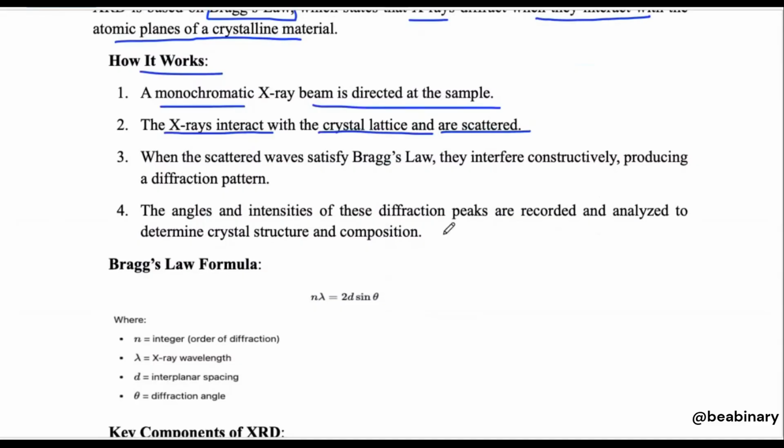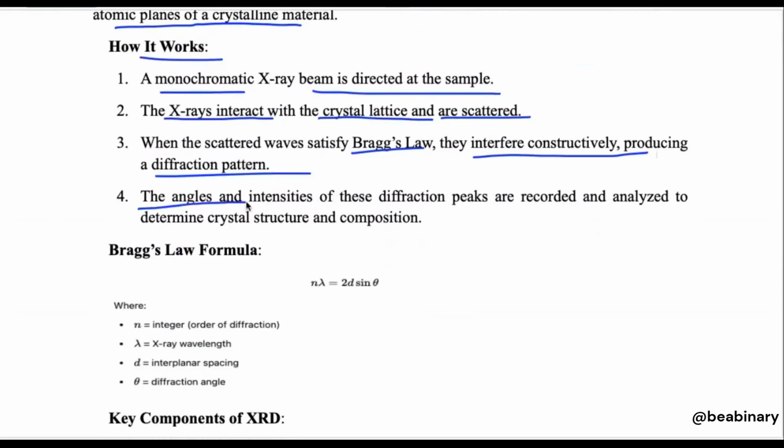When it is scattered, the waves satisfying Bragg's law interfere constructively, producing different patterns. The angles and the intensities of these diffraction peaks are recorded and analyzed to determine the crystal structure